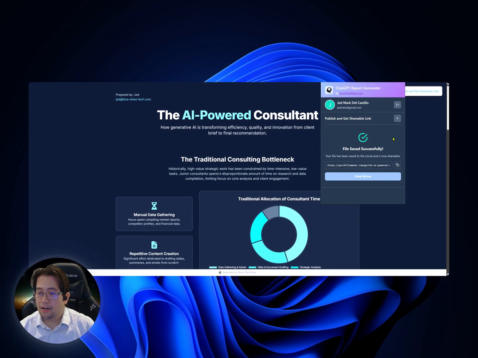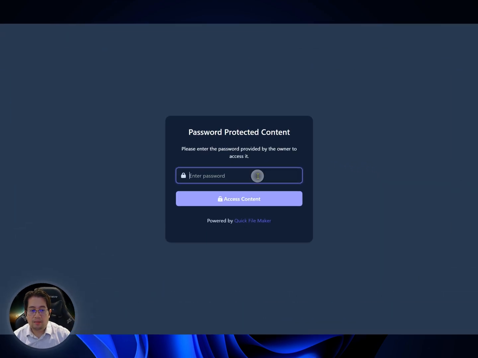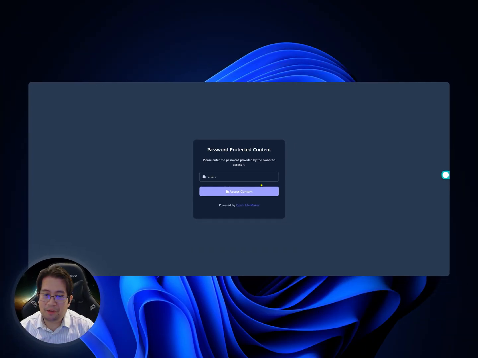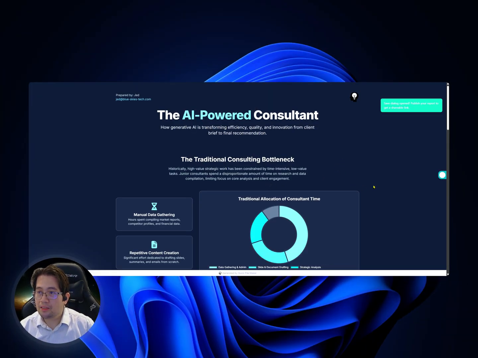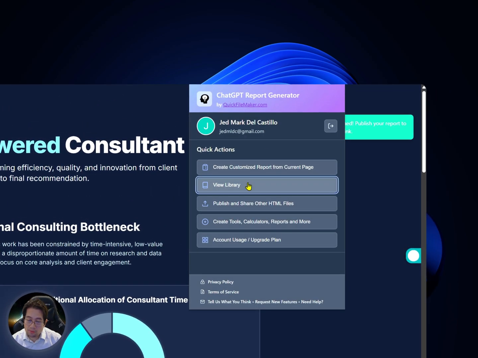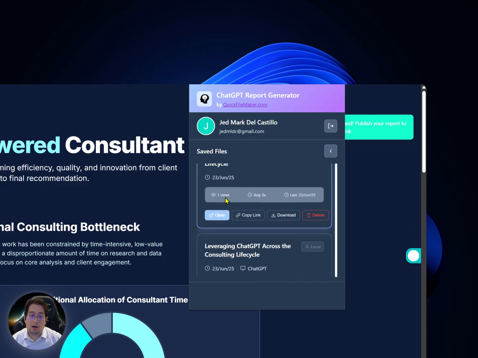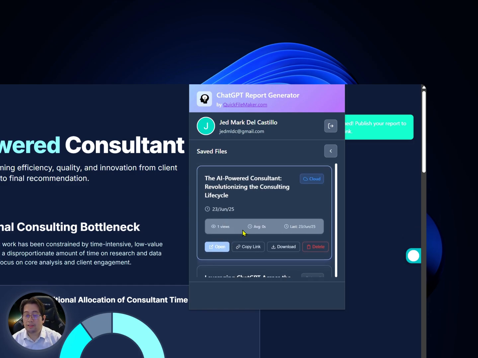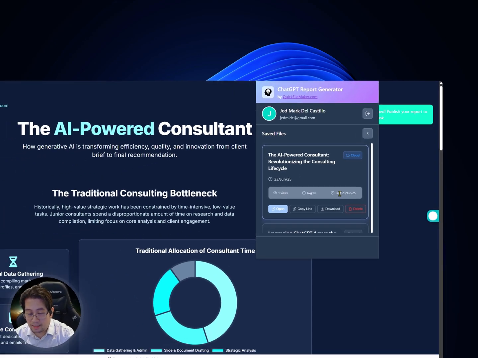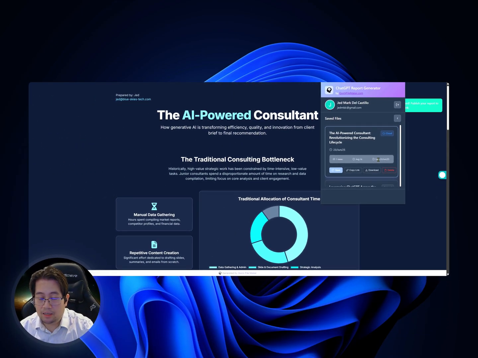And after that, you can view the published report, which obviously would be the same as the preview material. However, one good thing here is that once someone opens your file, we have engagement analytics so that you would actually be able to know that your file has been opened, how many times it has been opened, and what is the average duration of a person looking at your file, and obviously also the last date the shared file was accessed.